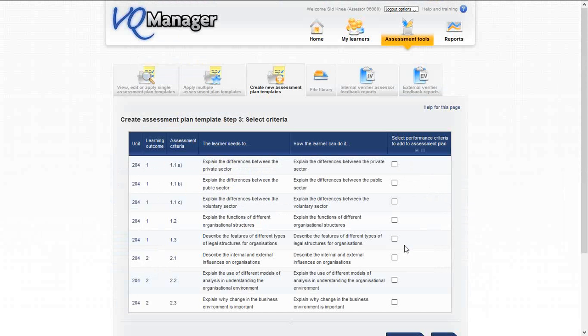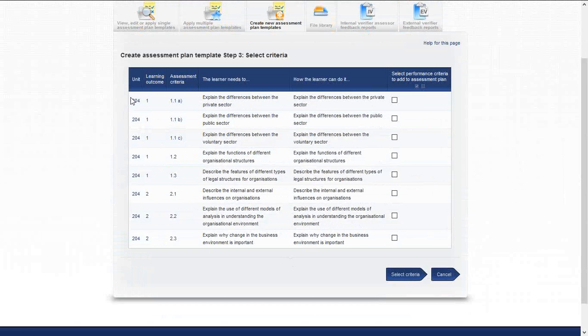This template can cover more than one unit. So I could have ticked more than one unit if I wished. I've only ticked 204, so it's brought up all of the criteria within 204. I then select the performance criteria to which this task or activity that I have in mind is going to meet by way of the criteria for this unit. If it's all of them, then I select all of them. I can take out a couple of ticks if I wish. Select the criteria,